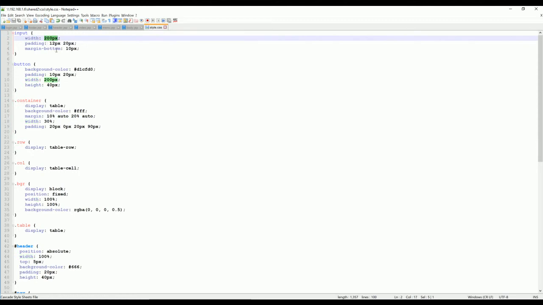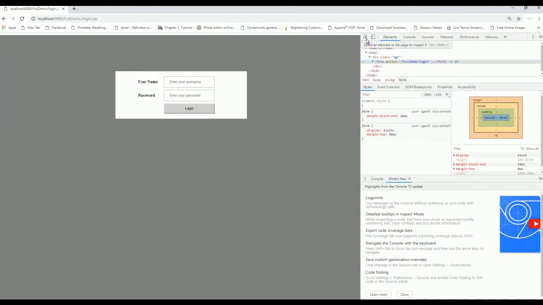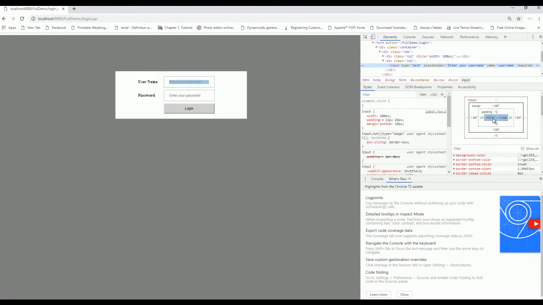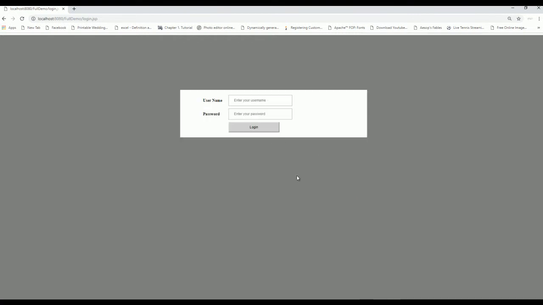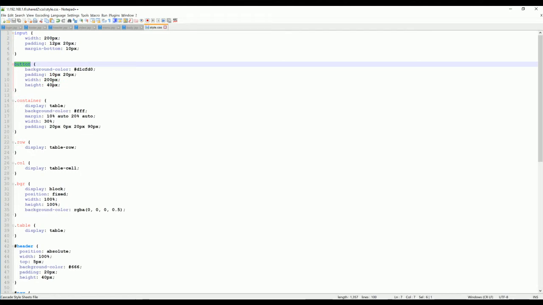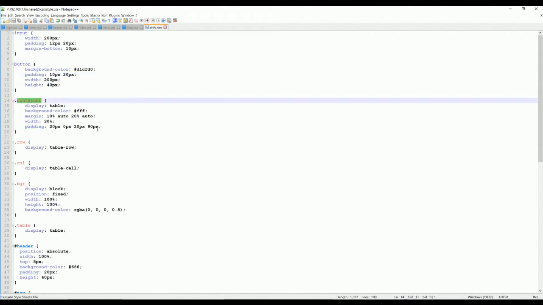This one, the width of, go to inspect the website and then come here. Normally, if you want to increase the item here, you also can do it. You can see we can increase if you want to. Okay. The button, you can change the color, you can add the padding here. This one, the table,